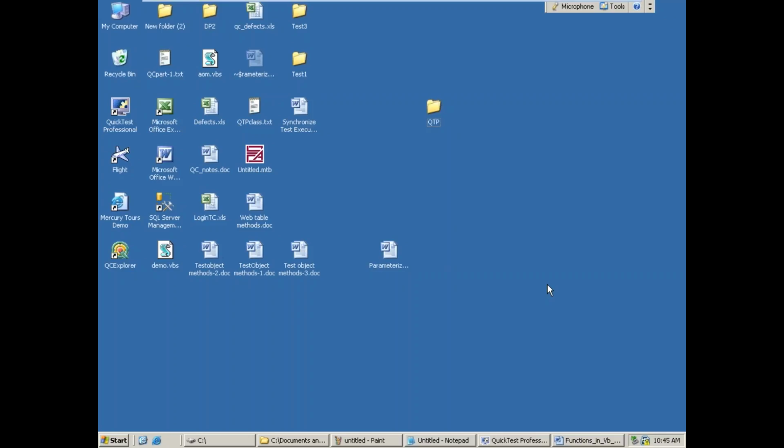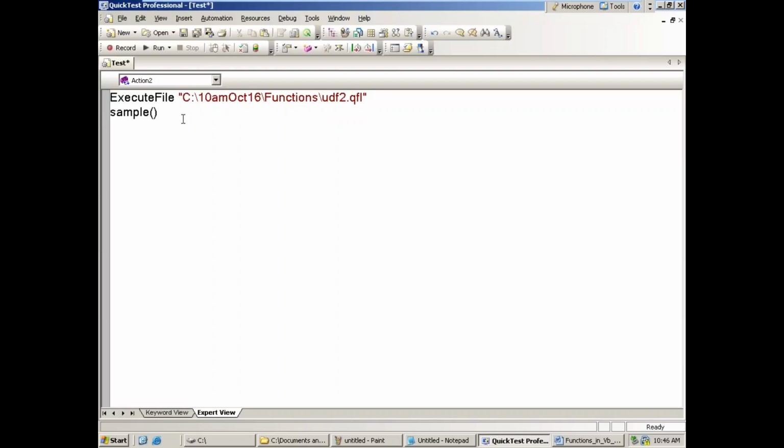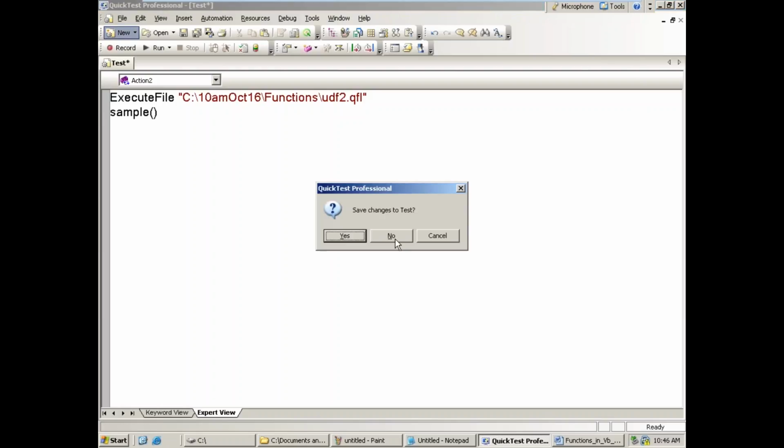Next we are going to discuss a small concept here, the functional decomposition framework. We'll discuss how it is going to work. Functional decomposition framework. Let us understand it here.